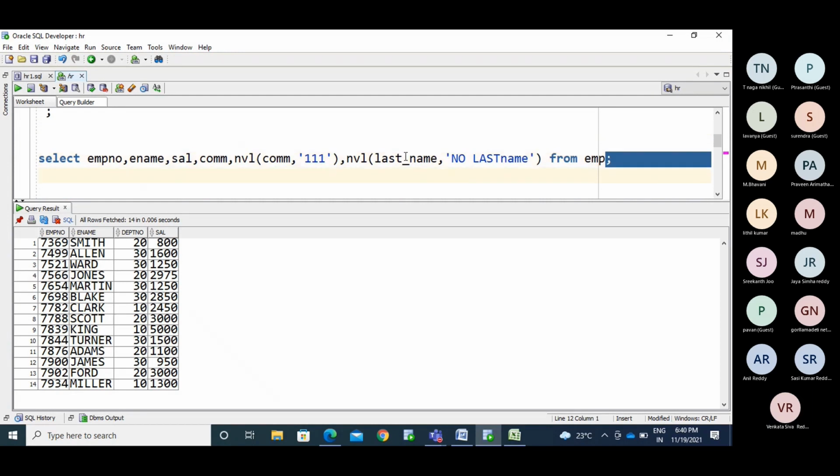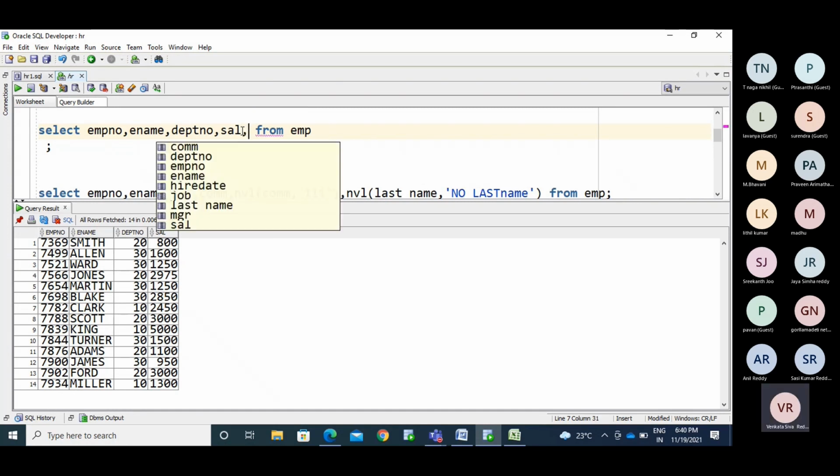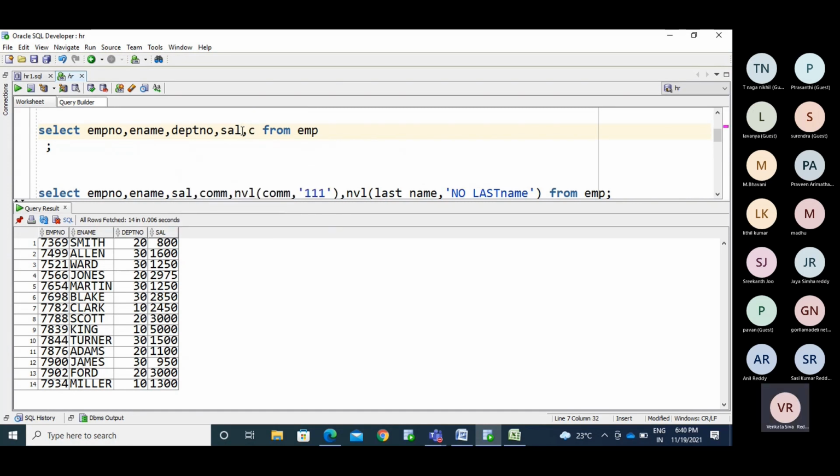Now I make the last name show different values. CASE WHEN department number equals 10 THEN last name as 10.